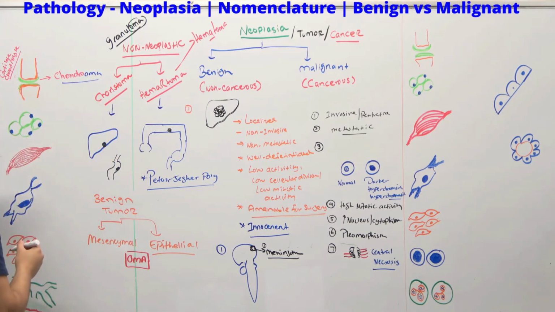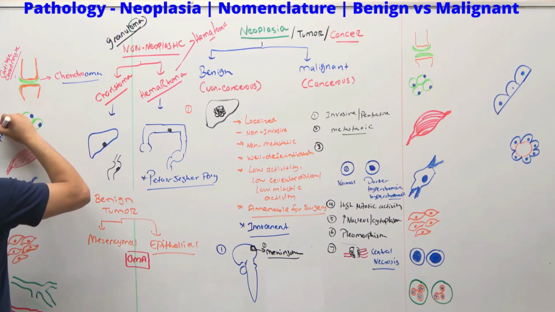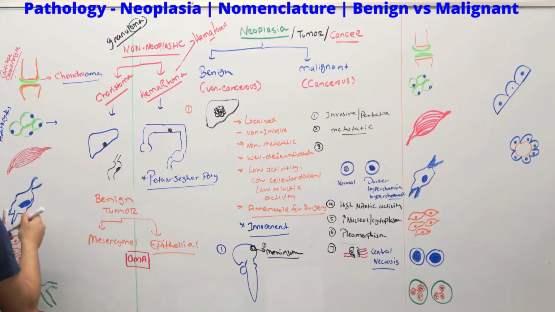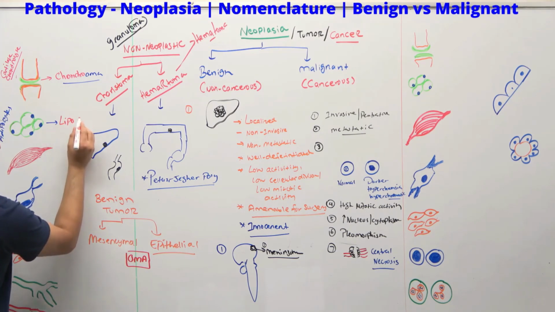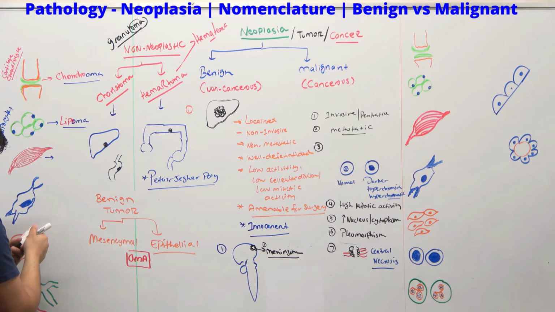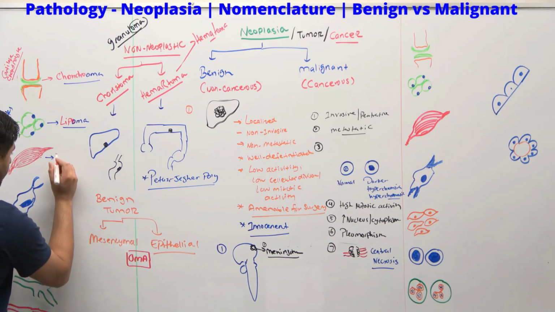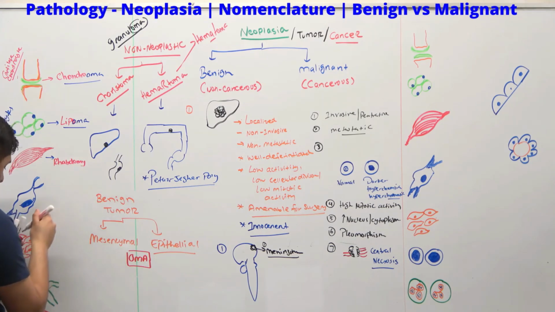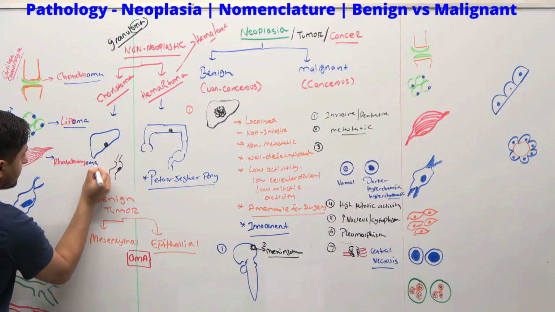Now if you look at this one, these are adipocytes. If the tumor originates from adipocytes, and it's a benign tumor, mesenchymal in nature, then we call it a lipoma. See, there's "oma" added there. Now, if it's coming from striated muscle, skeletal muscle, we call it rhabdo-. This is called rhabdomyoma. Look, the "oma" is there.